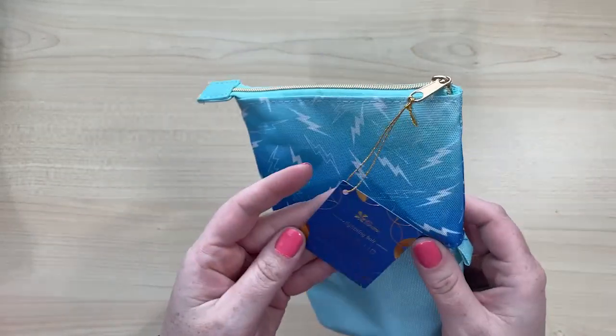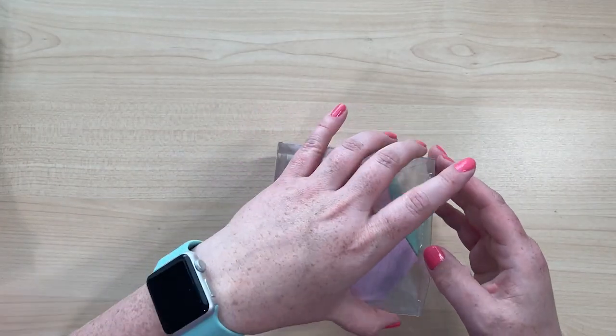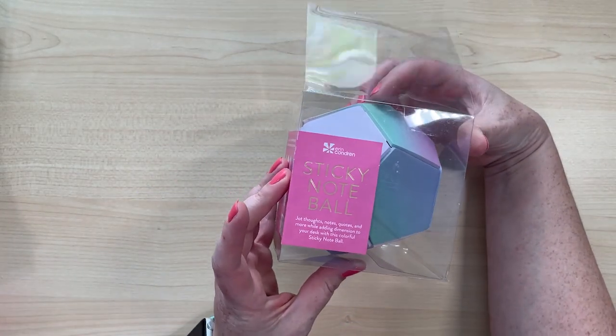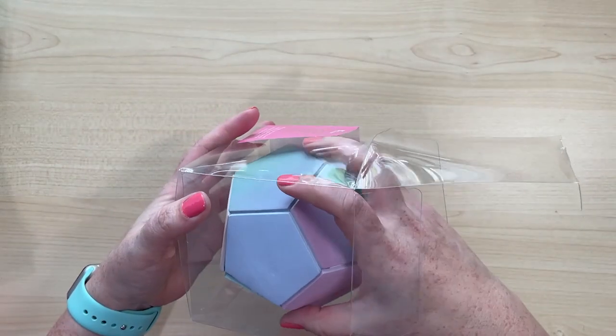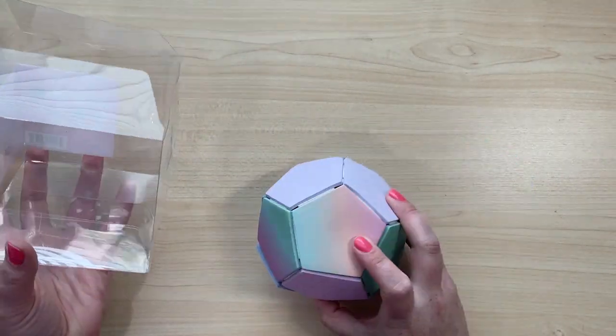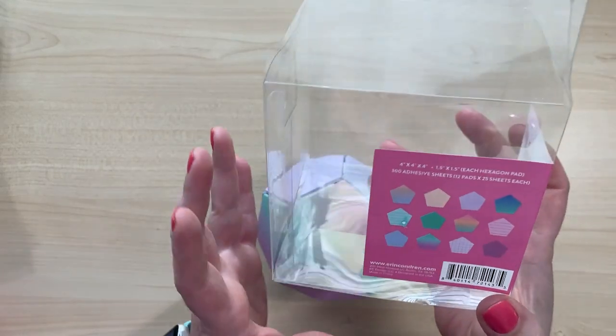Very cute, and this starts, like I said, $16 for this. Some other fun back-to-school accessories is this sticky note ball. Check this out, guys. This is just fun to have. Like, if you just want a fun desk accessory, this is it, y'all. Sticky note ball. It has